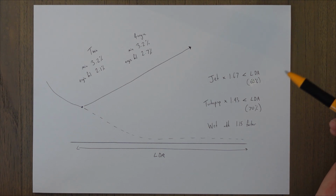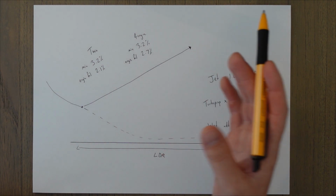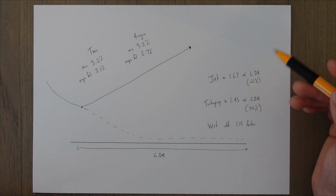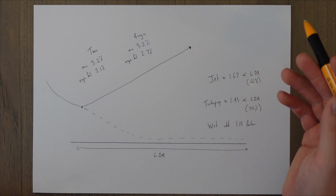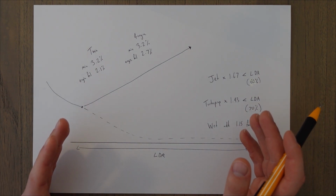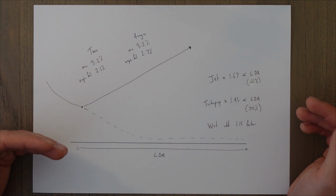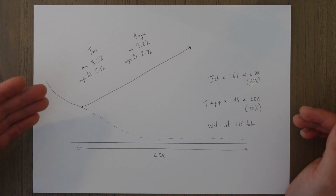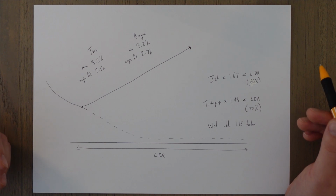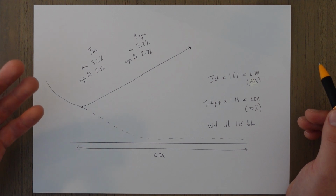So again, we can either take the landing distance available times 0.7 and compare it to the landing distance required, or take the landing distance required, multiply it by 1.43 and make sure that it is less than the landing distance available. And this landing distance is from a 50-foot screen height to a full stop, but with special approval, the screen height can be reduced to 35 foot. The speed passing the screen height is the V reference speed, and it must be at least 1.23 VSR0, which is the landing configuration